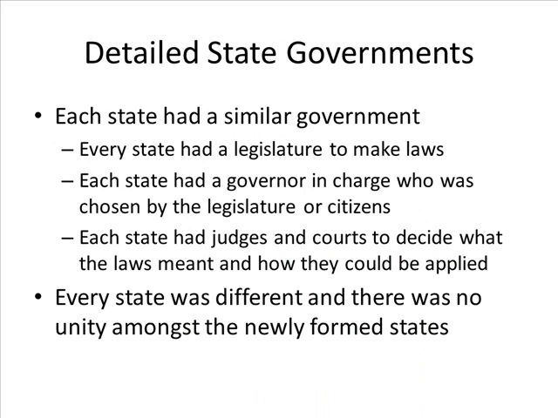Each state creates a constitution where they have their own government established, they have their own laws, and they have their own leadership. But these are 13 separate entities in 13 separate governments, 13 separate leaders. So they have to think about, if they ever work together, who is going to actually take control and be the sole leader. As I just said, every state has their own detailed government. If you look at this, it shows you how detailed it was.